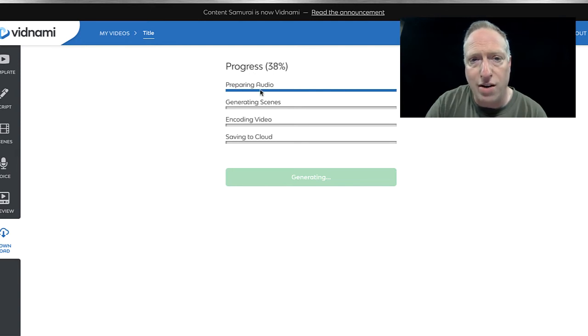So it's now putting every bit of the video, all the different elements together, and then it's going to generate the video and automatically download it to your computer, where you can then do with it as you wish. Upload it to YouTube or to another video hosting platform or to your website, and you have a completed video. So it's fairly straightforward.